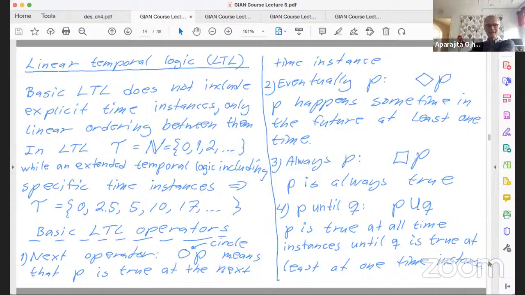The first one is the next operator. That means that at the next time instance, something will be true. And then I write that by a circle. There is also a letter version of these operators where, for instance, next is expressed with the variable X, X in next, while